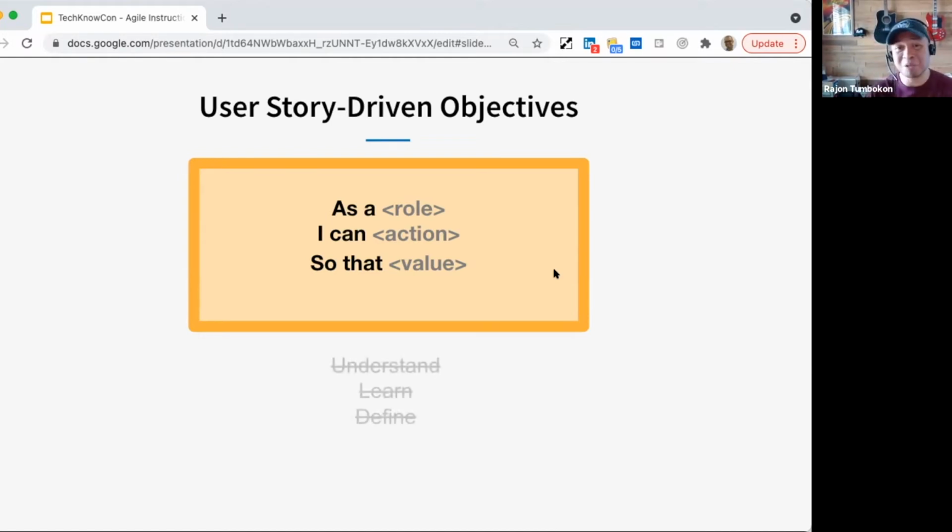And please tell me without using these 3 words. Don't use the word understand. Don't use the word learn. Don't use the word define, because those things are not actionable. And so, really framing things like a user story can really help drive that kind of brainstorming and conversation.